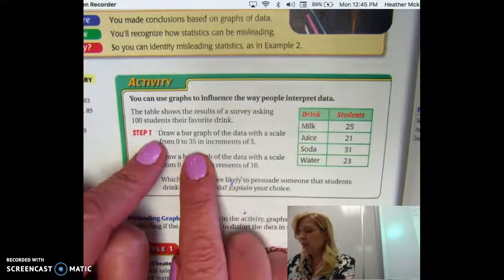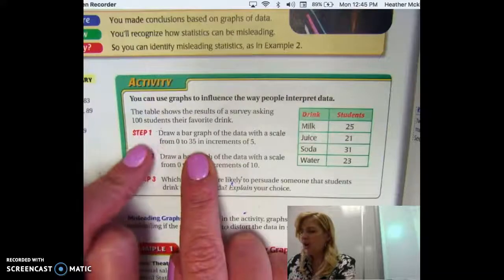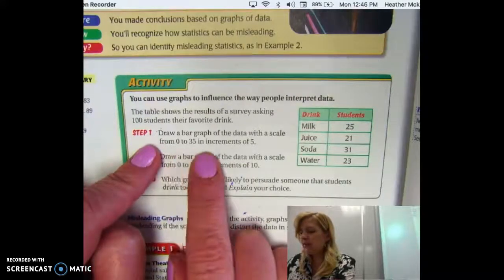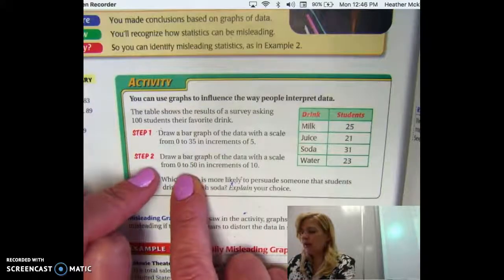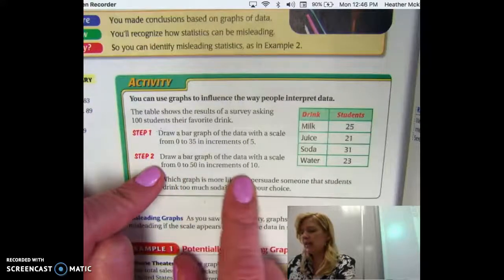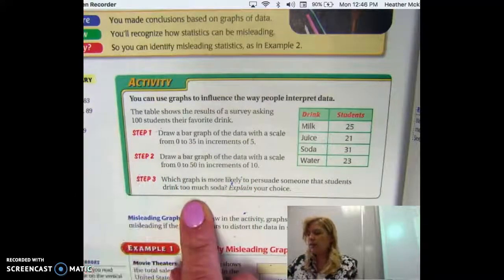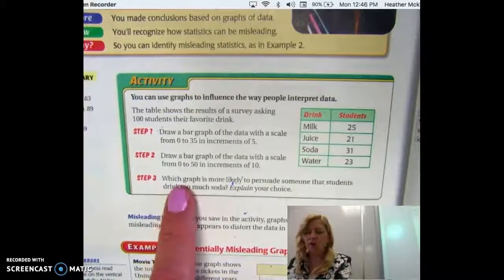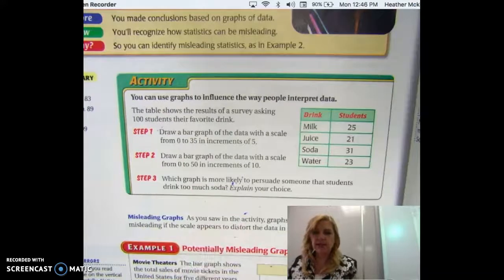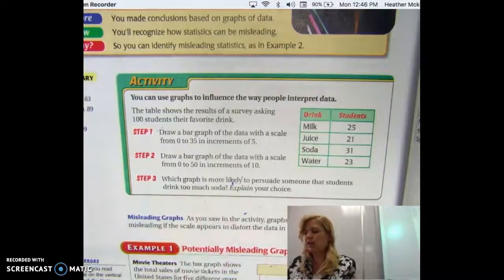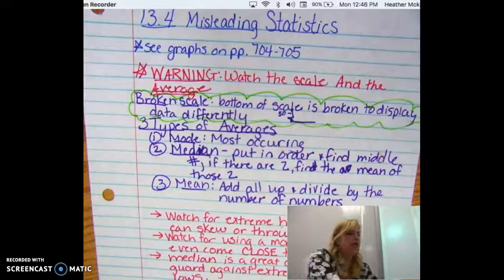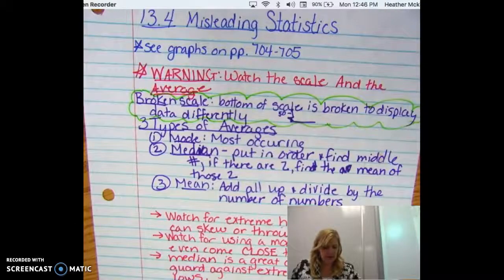So we are going to draw two bar graphs, or I'm going to show you two bar graphs. One uses a scale from 0 to 35 with increments that go up by fives. The other one goes up from 0 to 50 in increments of 10. So our goal as an advertiser is to get kids to drink more healthy types of things. So we are trying to persuade someone that students drink too much soda. So let me give you a quick look at the two graphs so that you can make that determination for